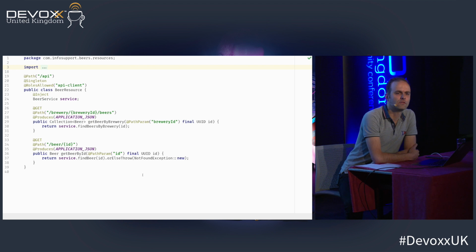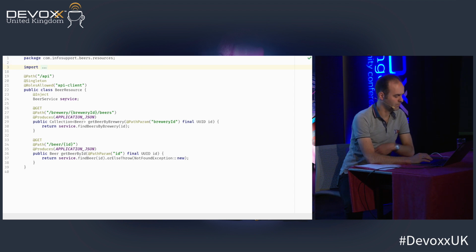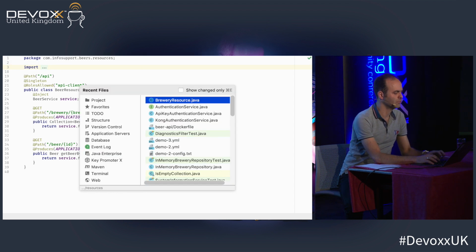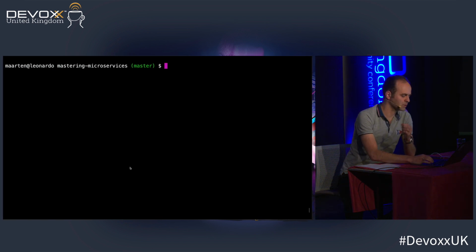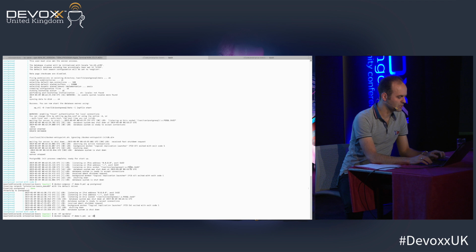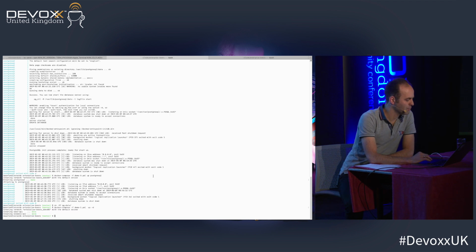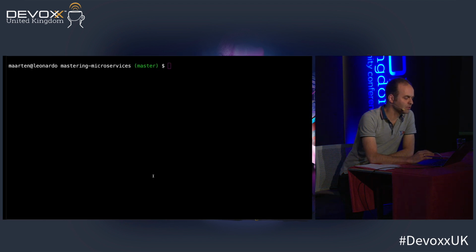But what if we wanted to deploy our solution? We have the beer resource. We also have a brewery resource, which looks pretty familiar. It returns information about breweries. If we are going to deploy this, we could use Docker Compose, for example. I'll just fire it up. It creates a beer API, it creates a brewery API. Now, this is all fine and good,